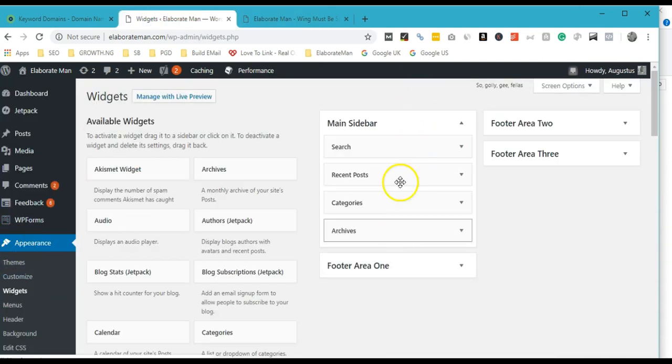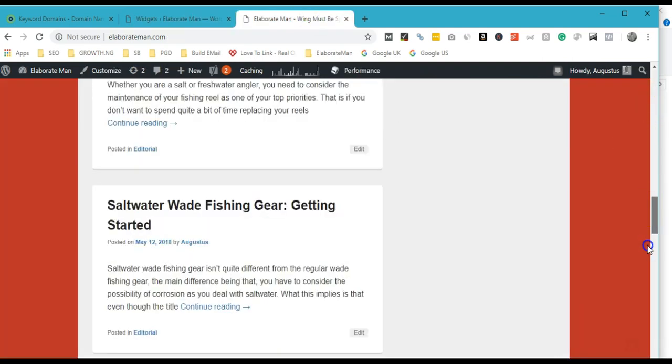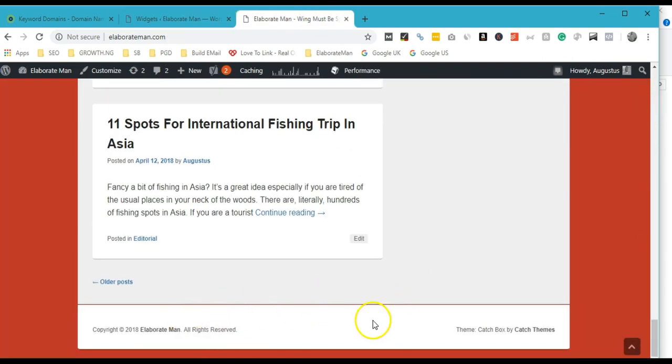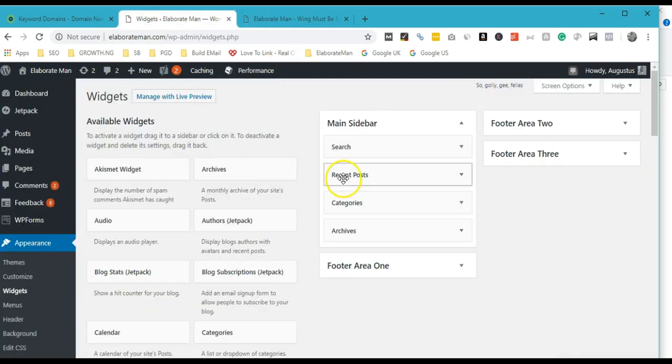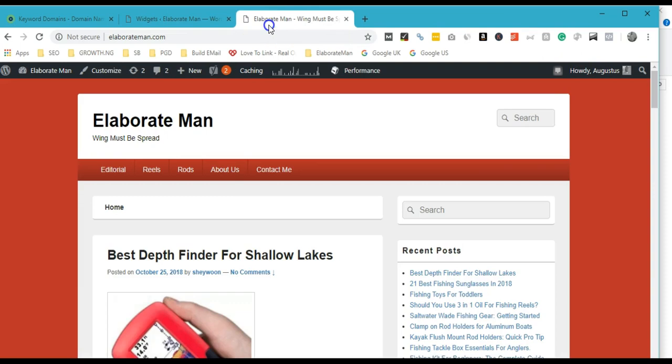This is the main sidebar, and the footer. This is the footer of your site. The footer of the site is basically empty. This is the footer, right? This is the sidebar. Now, anything that you want to make appear on the sidebar,